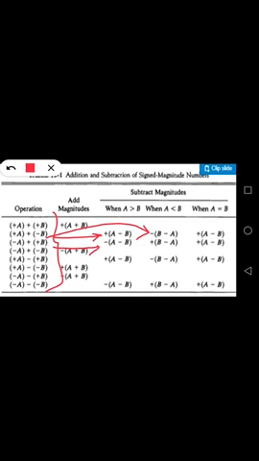If your goal is subtraction and the sign bit of A and sign bit of B are different, meaning A can be negative and B positive, or vice versa, A can be positive and B negative, these two cases also require you to perform addition. And in the remaining cases you perform subtraction, and that depends upon the magnitude.